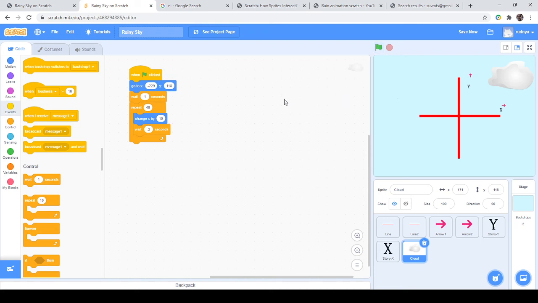So that's the simple tutorial on how you can move your characters from one position to another. The important thing to understand is this x and y coordinate system. If you are new to this, this is a really interesting idea that makes our life very easy.